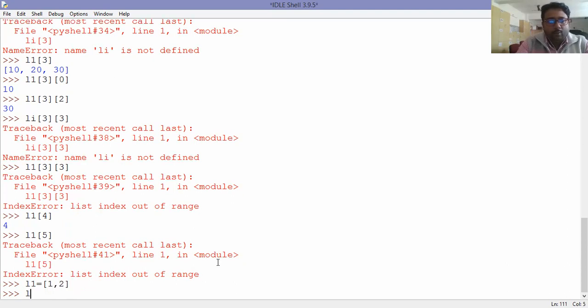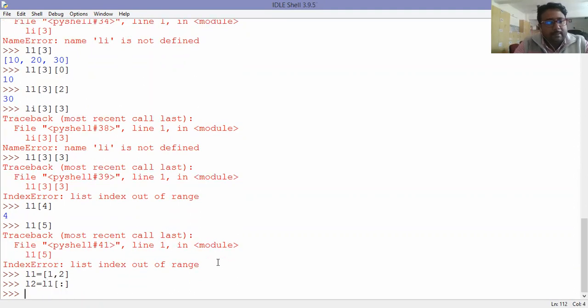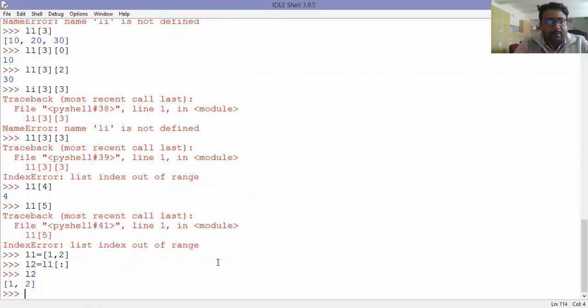I want to create another list L2 which will have the same elements. How to do it? One method is with the help of slicing. L1 colon. If I do it like this, we are able to copy the elements from L1 to L2.